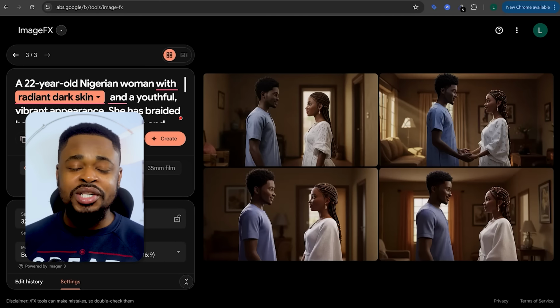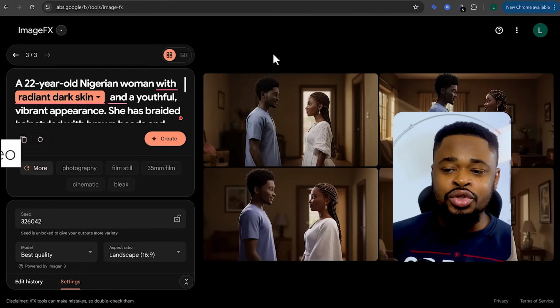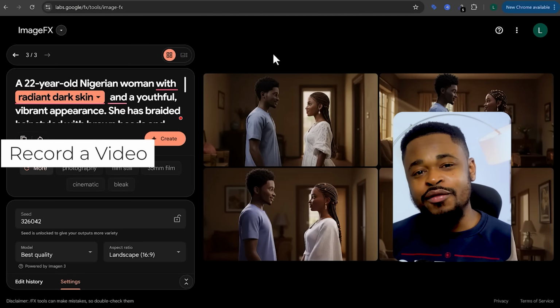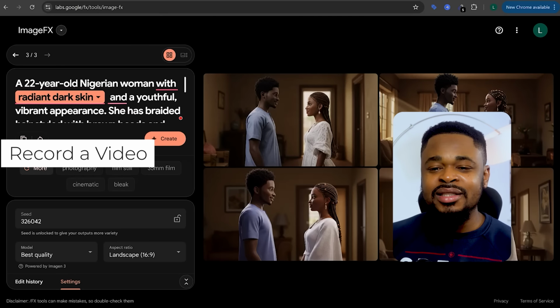Now we have these images. The next thing to do is to record a video of you playing these roles. Now I know it sounds like, oh, I don't know how to act. You don't need to know how to act, okay? But if you want to create a movie that looks good with the animations moving the same way that you want, use this strategy. It's going to make it look realistic. You'll see what I'm saying when I put everything together.